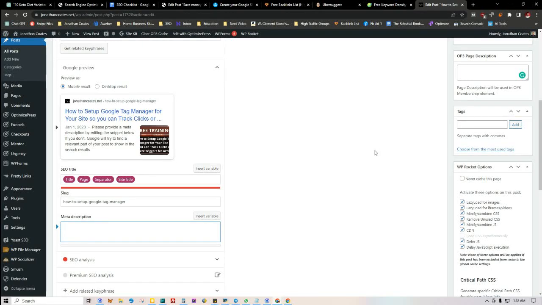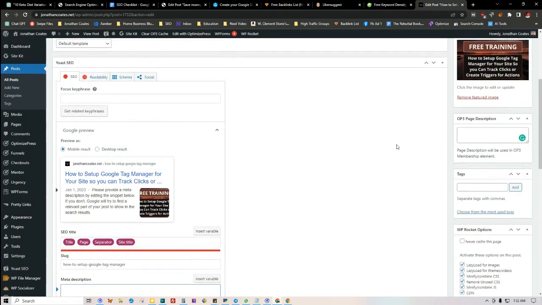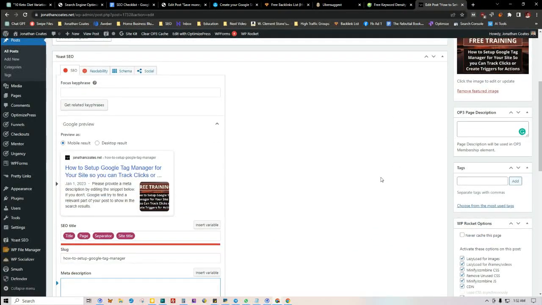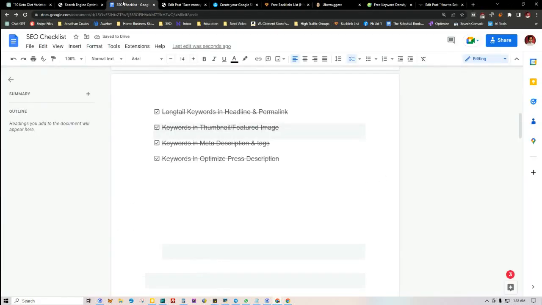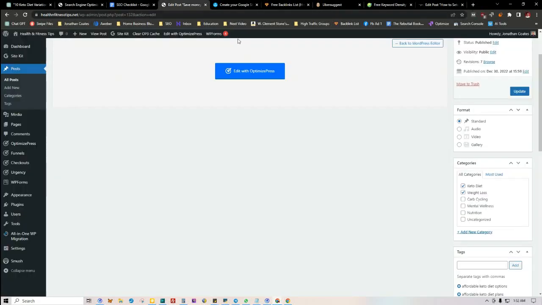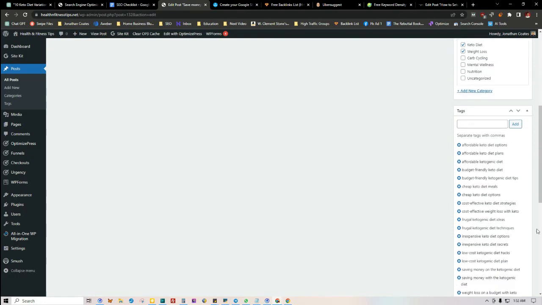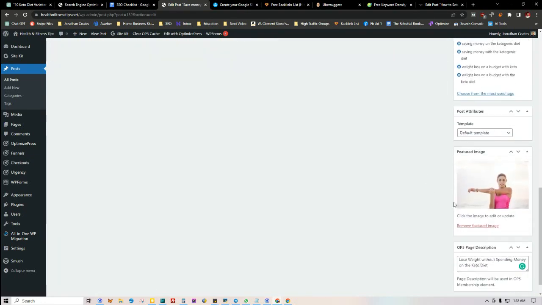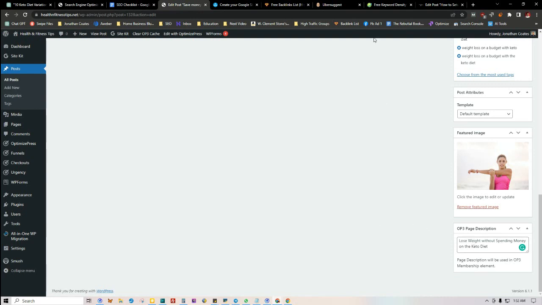I just don't use SEO on every single blog post because honestly, it is some extra work, but I like to go back through and optimize my blog posts when I have the time. But to save you a lot of time, while you're creating your blog post, just make sure you have this SEO checklist nearby. And when you put your tags in and your meta description in, you can also put in the one that goes with the Yoast plugin.